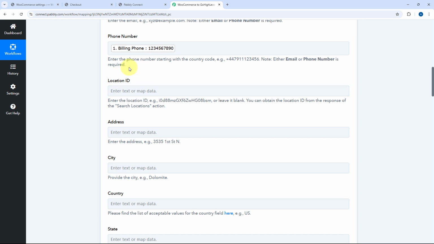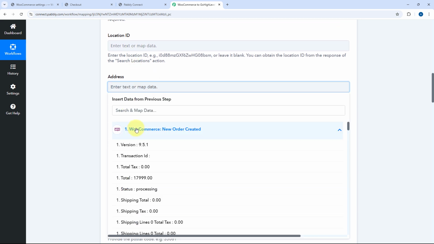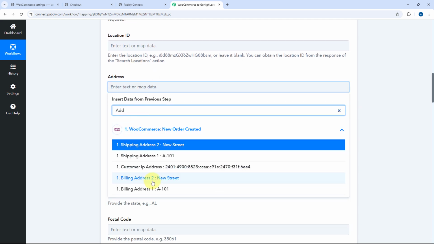Now, if you are adding or connecting the agency account, still you have an option to add the contact into a specific sub account by mentioning the location ID. So if you're connecting your agency account with Pabbly Connect and using the agency account, if you want to insert or add the contact in any of the sub account, you just have to enter the location ID of that sub account of GoHighLevel over here. But right now we are adding the contact directly in the sub account, so we are just going to keep this field blank. Then it is asking us for the address, so I'll just search for the response of address,